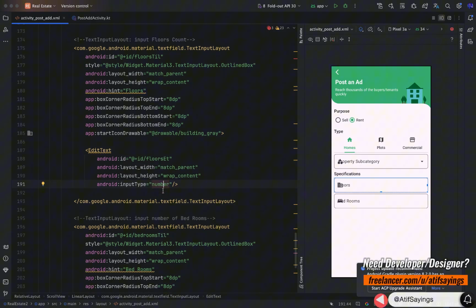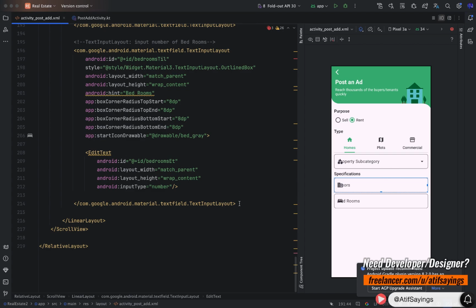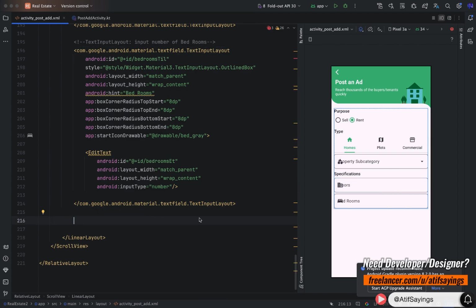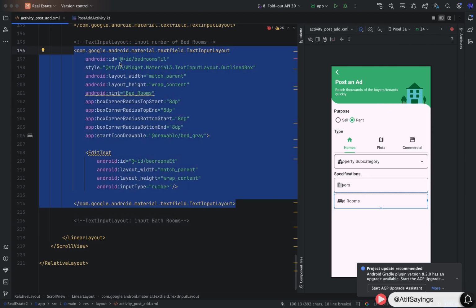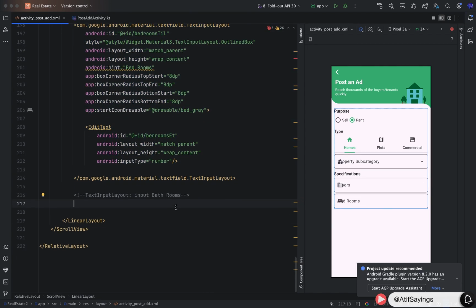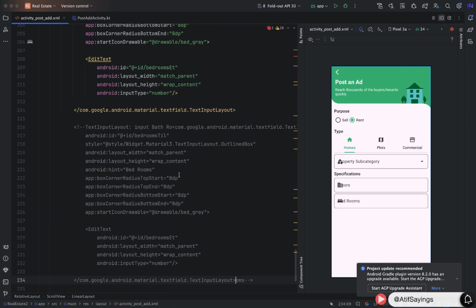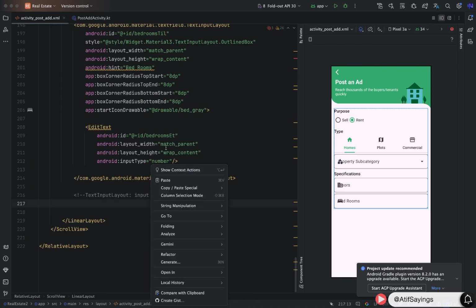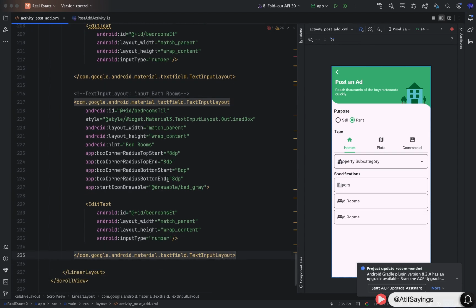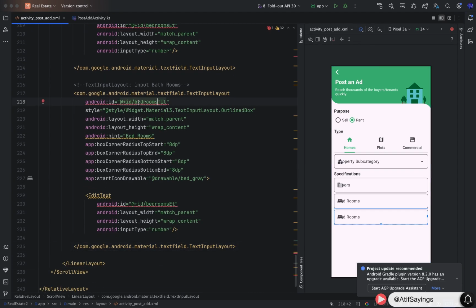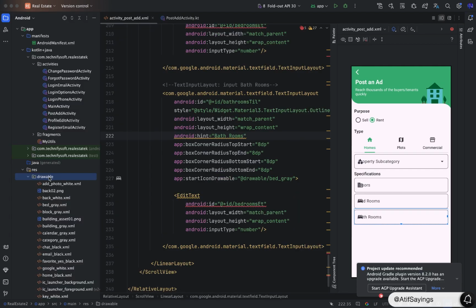Now we need to input the number of bathrooms. For that, instead of creating the same code again, we will just copy the code above, select the code of bedrooms, right click, copy, and paste it after bedrooms text input layout. After pasting the code, we will just change the ID of text input layout. Since we need to input the number of bathrooms, so ID will be bathrooms text input layout. Make sure to change the hint,